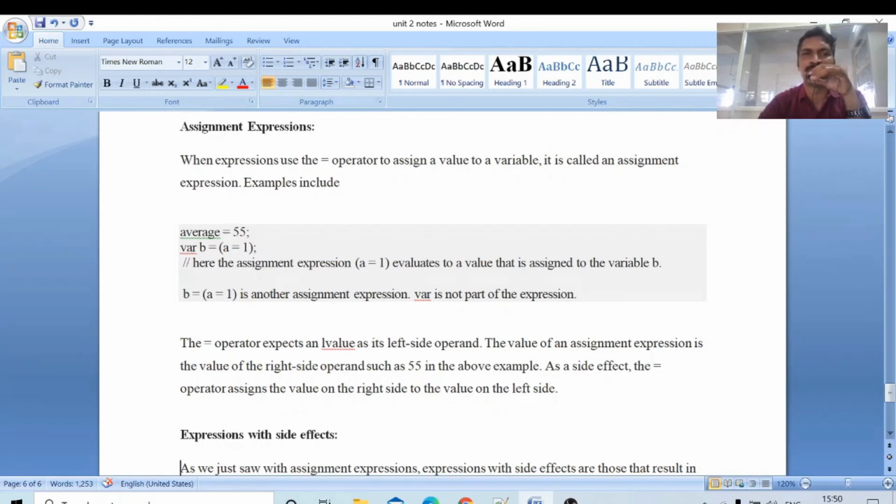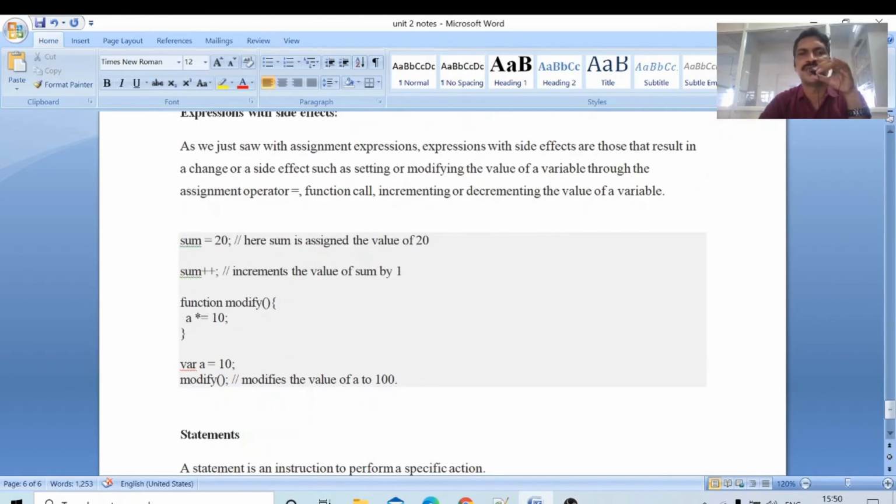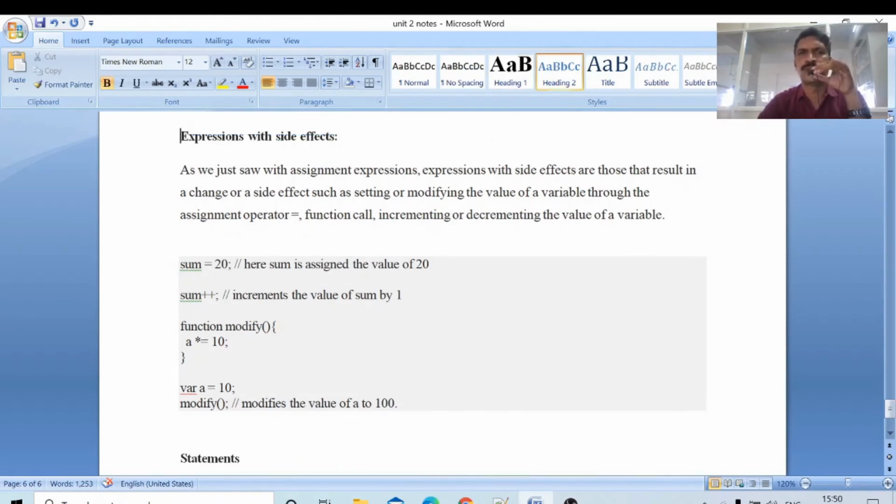B equal to A equal to 1: 1 is assigned to A, and then A's value is assigned to B. Another assignment expression. Expressions with side effects, this is not required, but you can go through this material also.